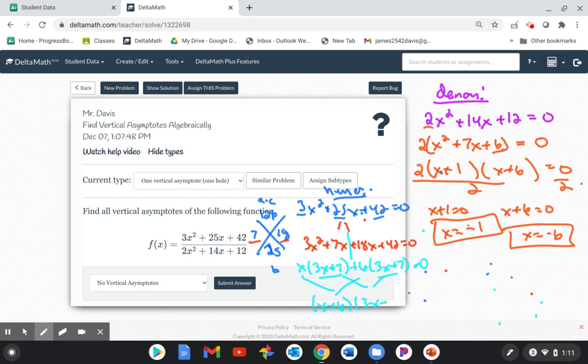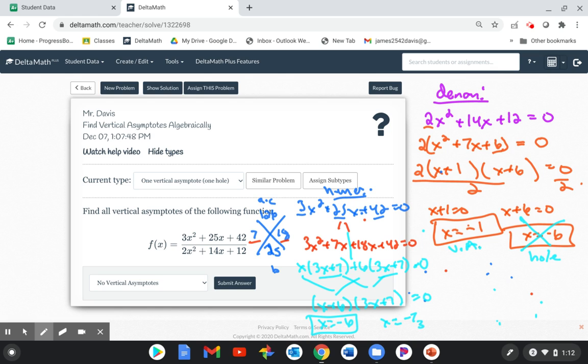3x plus 7 equals 0. And then you solve each of these, so you get x equals negative 6 and x equals negative 7/3. Now you'll notice this x equals negative 6 is one here, so that is not going to be a vertical asymptote. That is going to be a hole because it overlaps. This one, x equals negative 1, is good because it did not overlap, so it's going to be a vertical